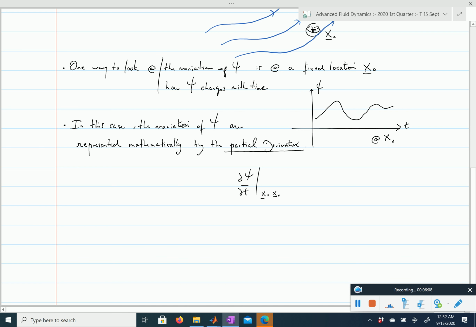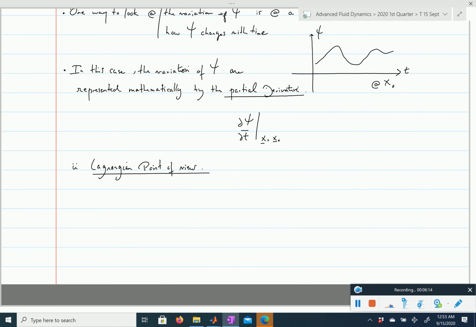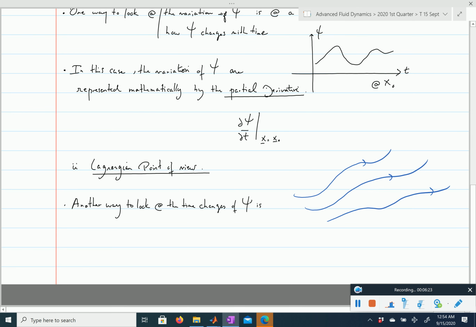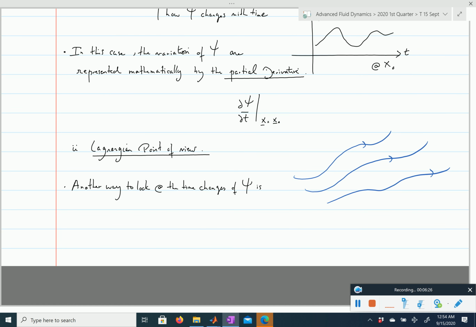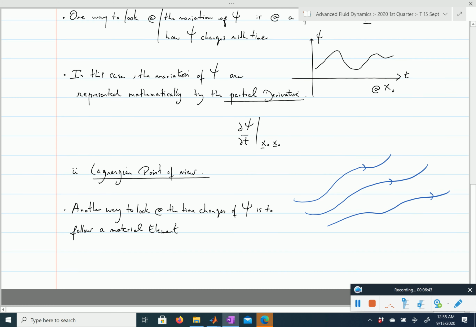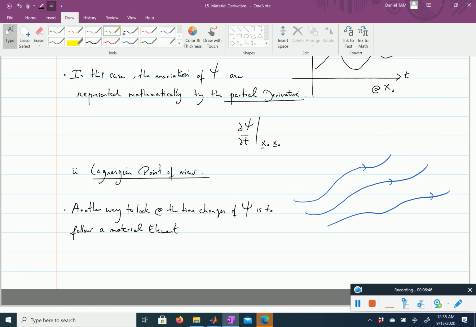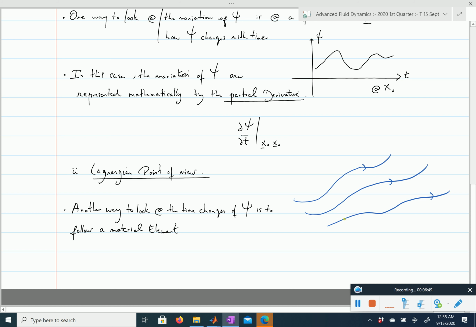Now there is another point of view, and that is the Lagrangian point of view. So here again, let me represent the flow. The Lagrangian point of view is another way to look at the variation of psi, but this time not at a fixed location. This time we look at the change of psi when we follow a material element. Now what does that mean? Well, that means that we look here at